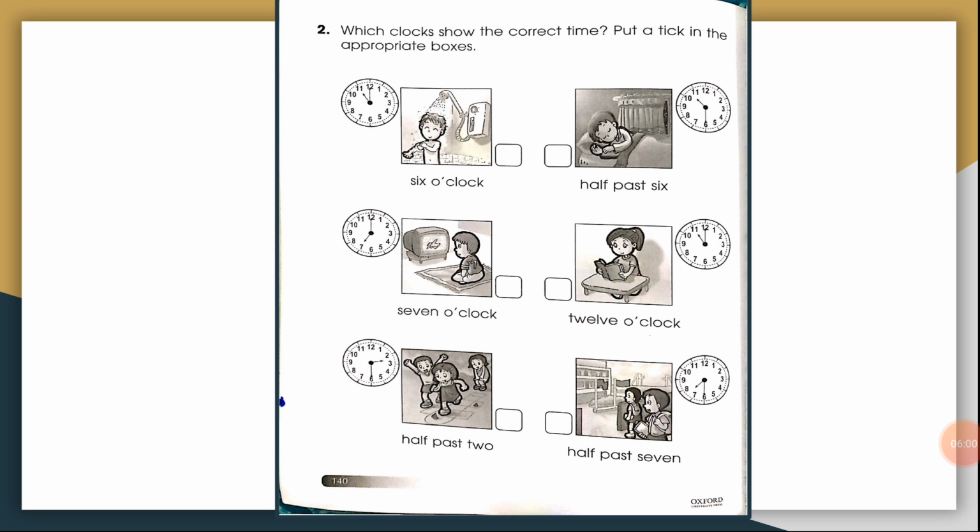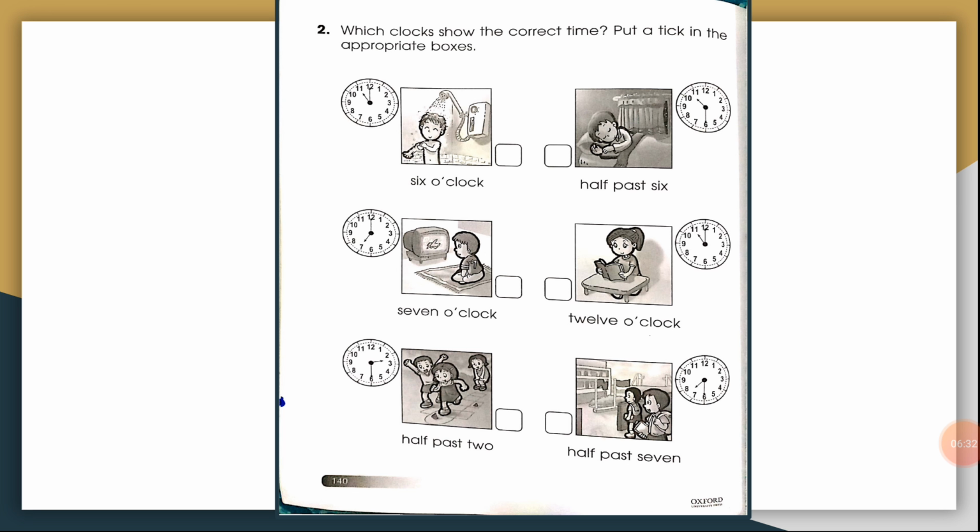Look at the fifth picture. Children are playing at 2:30. Yes, look at the clock face. Is your clock showing 2:30? If yes, put the tick. Otherwise, put the cross inside the box. Now check the last picture. Children are going to school at 7:30.